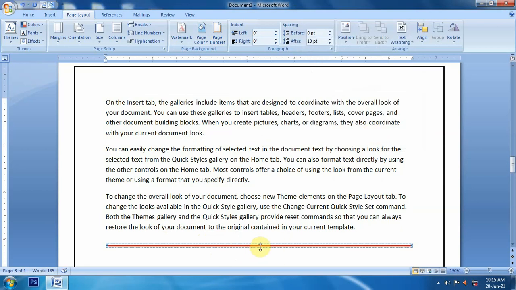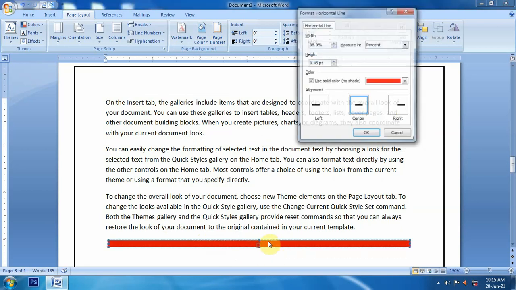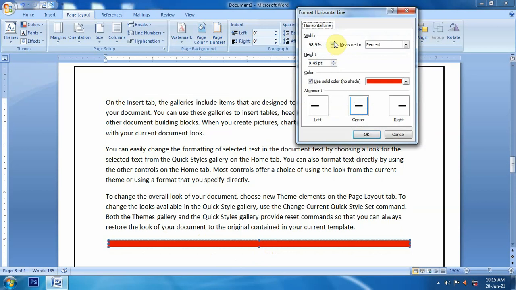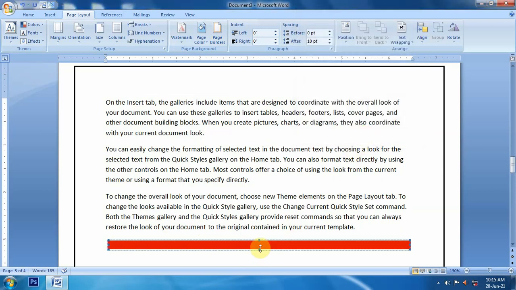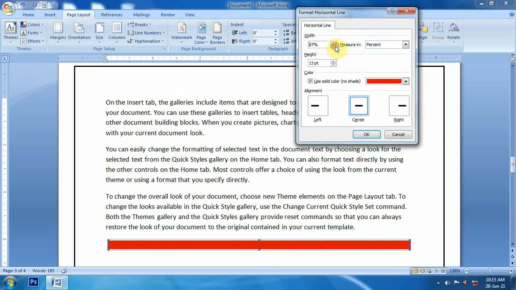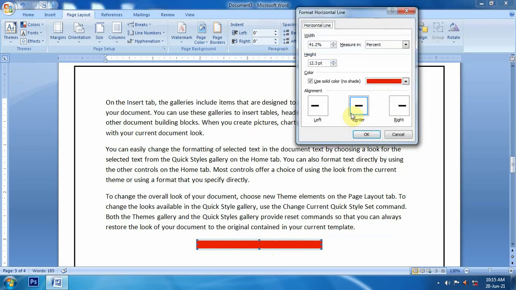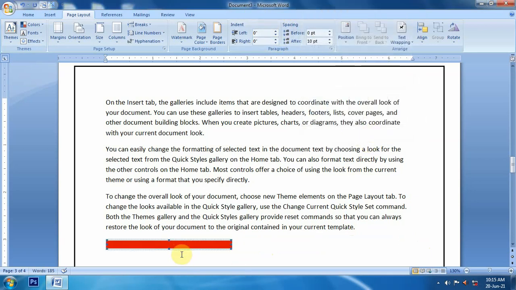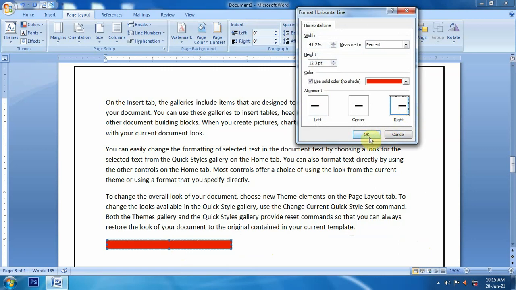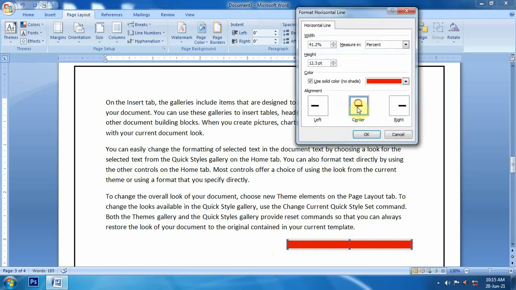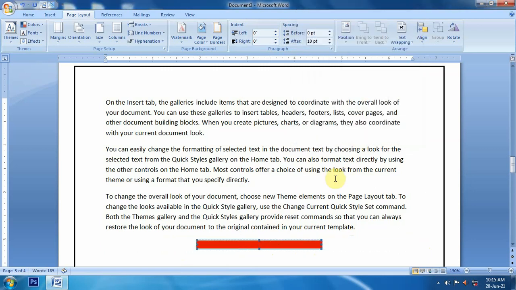I can change its thickness like this, or I can change thickness with the help of this also. We can change its width also like this, or from here we can change width also. We can change its position also. Double click on it, say left align, it will be aligned to the left. Right align will bring it to the right side, and center align will bring it to the center.